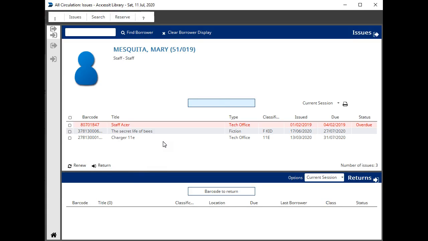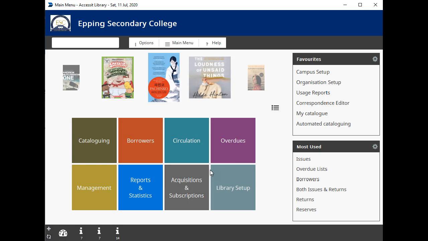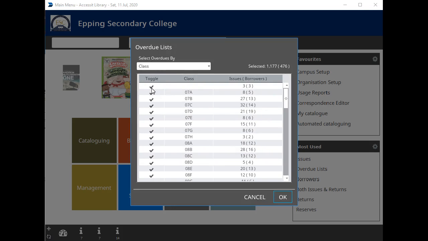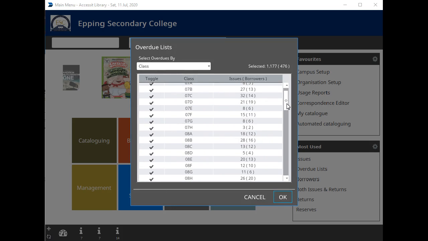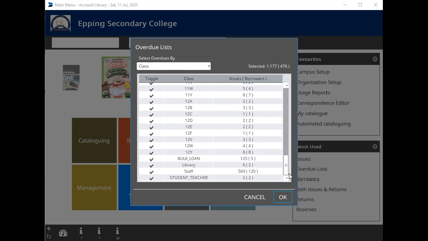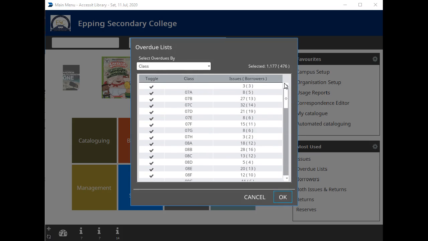Now, if we're ready to do an overdues list, we click on the home button here and it takes us back to our management apps. We click on overdues and I want to go overdue lists. What that's going to do is bring up all of our year level borrowers, including staff. So there's a whole lot there. Now, I could do a report on all of them, so there's 1,177, or I can click here